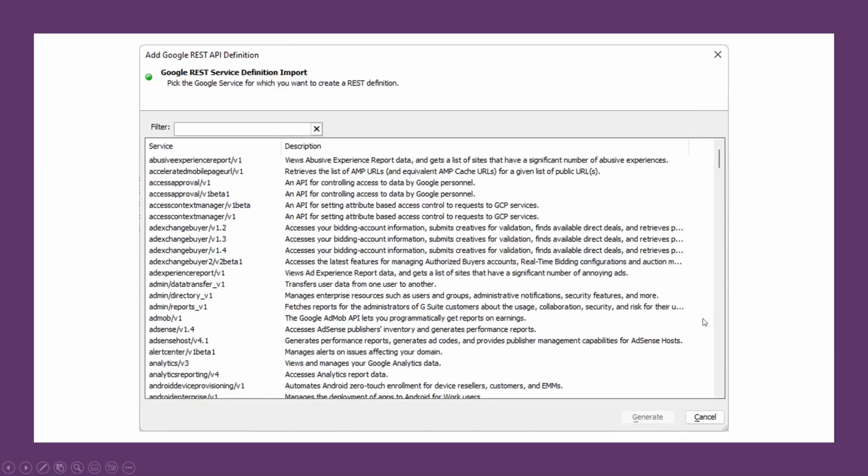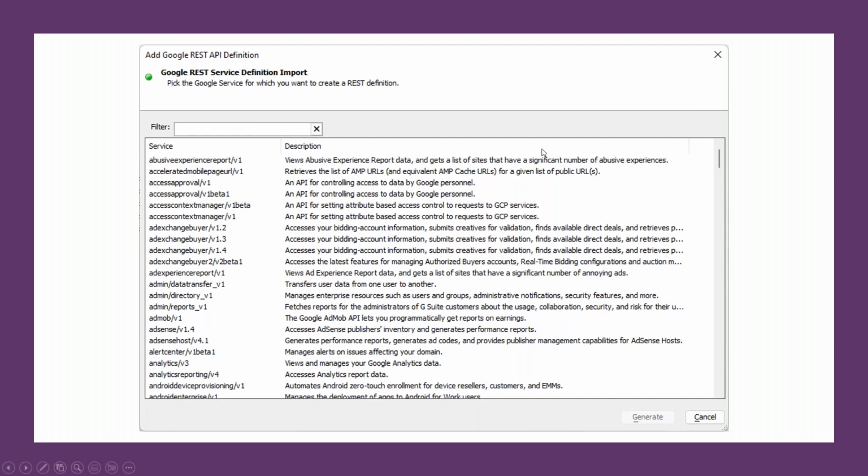If you click that, it opens up a dialog that lists every single Google service that Google provides. And this list is extremely long. It has a ton of stuff in it. It has things in it I don't even know what they are. I don't know what most of them are. But the last couple of weeks, there's been a lot of chatter on the forum and in our inboxes and support about the YouTube API and how do I use this? And it's really easy to get this set up.